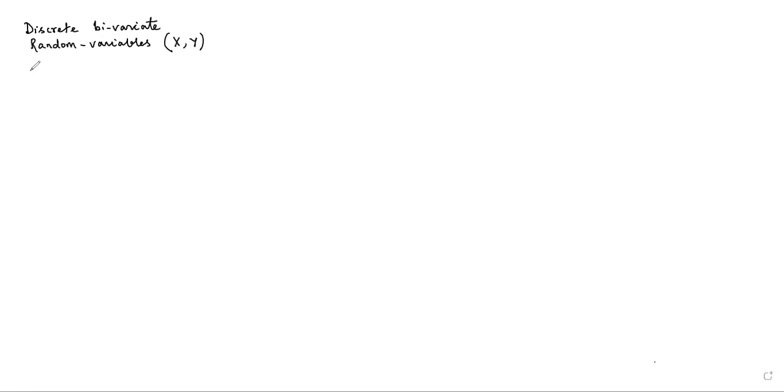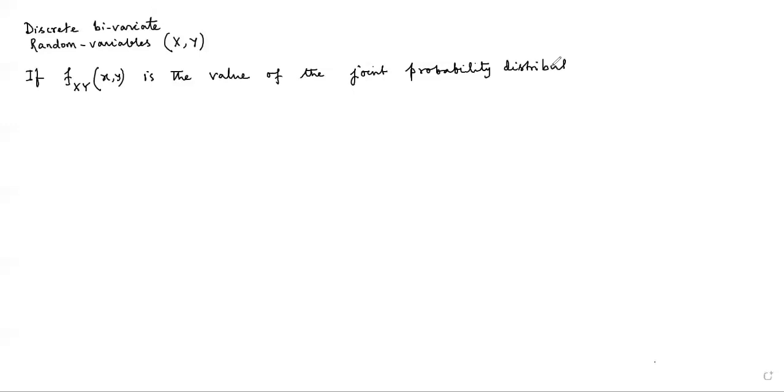My first definition goes like this: if f_XY(x, y) is the value of the joint probability distribution of the discrete random variables X and Y at the points x, y,